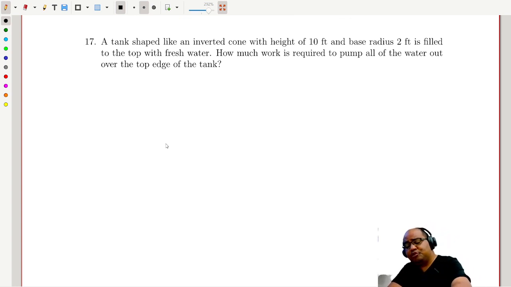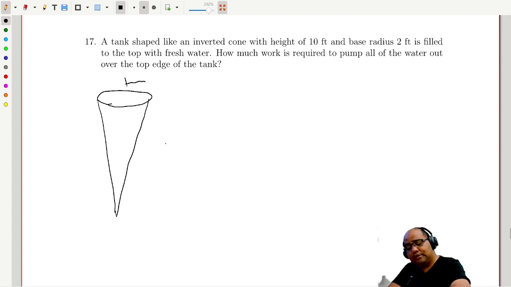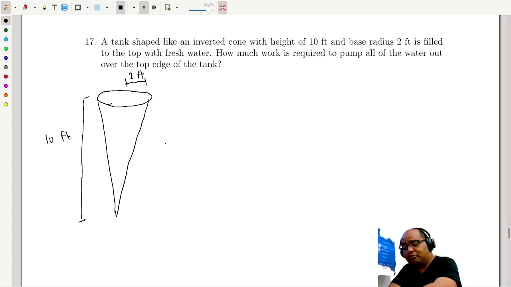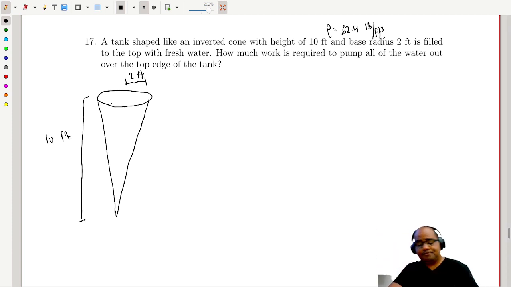So let's start drawing a picture. This inverted cone has base radius 2 feet and height 10 feet. And now this time it is filled all the way to the top with water. Once again, our weight density, I'll write it down here, is 62.4 pounds per cubic foot. That's our weight density of water. Okay, and now we want to figure out how much work is required to pump all this water out